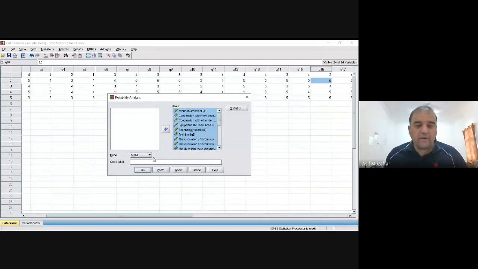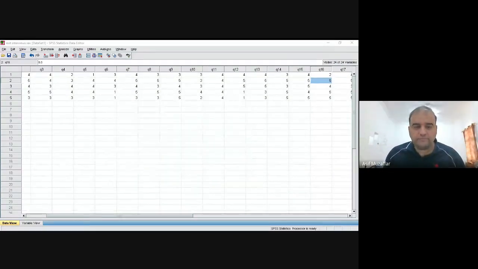The method is alpha. You have to do nothing. You have to just choose all the questions, put it on the other side, click OK. The report is generated. Let me quickly show you the report. It's very easy. You just need to choose the questions for which you want to do the reliability analysis. I have chosen all my questions which were on scale. There will be no question there in SPSS which is on nominal scale. Okay, now let me show you the report.